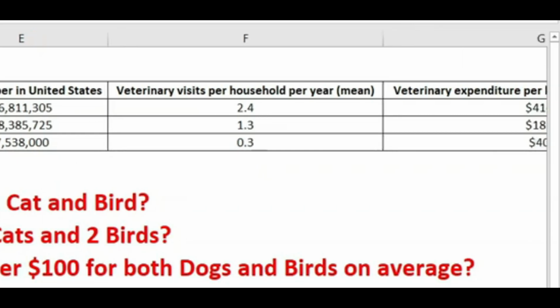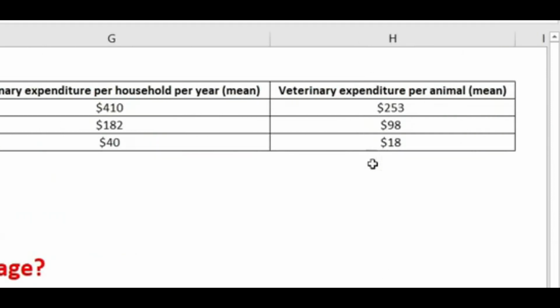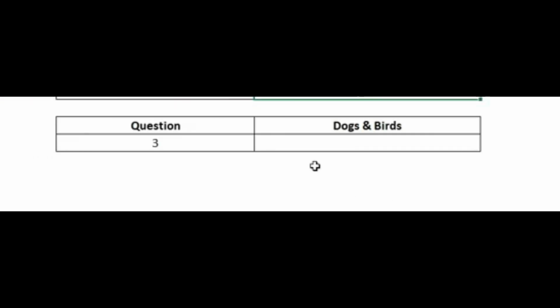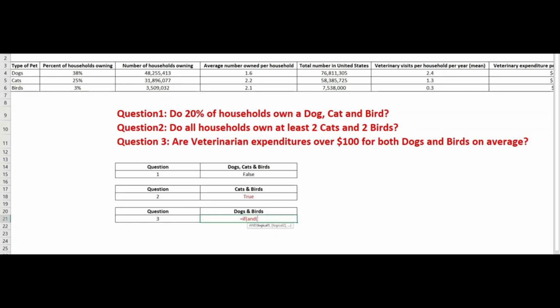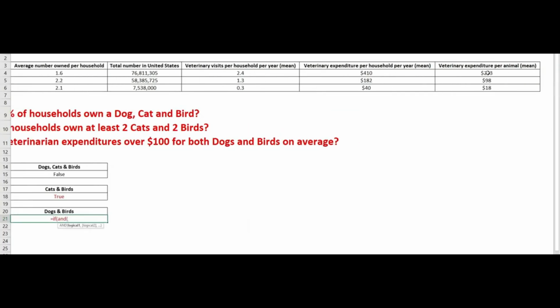So, our information is down here in column H. So we're going to have to go over here and we'll start out and say equals if and dogs H4, and it wants to know over $100, so we're not going to do greater than or equal, we're just going to do greater than